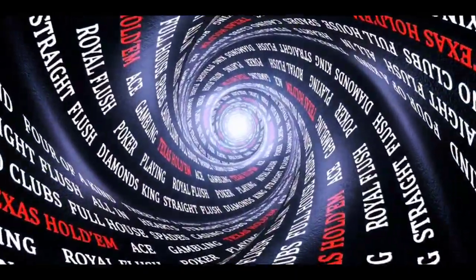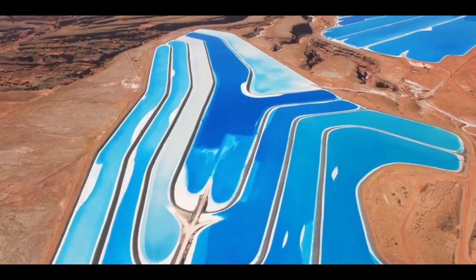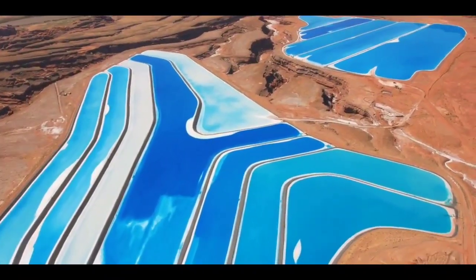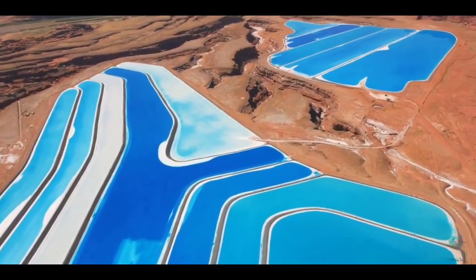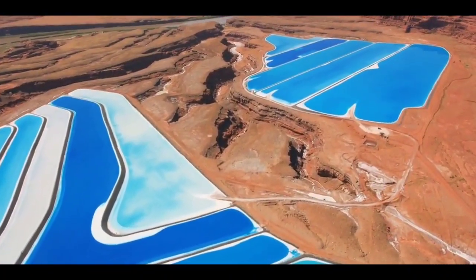Segment 6, Intrepid Potash, a key player. At the heart of every extraordinary narrative stands an entity driven by determination and expertise. In the case of the captivating potash evaporation ponds, that entity is none other than Intrepid Potash Incorporated. Embark on a historical voyage as we trace the footsteps of this company, a journey that commences in the year